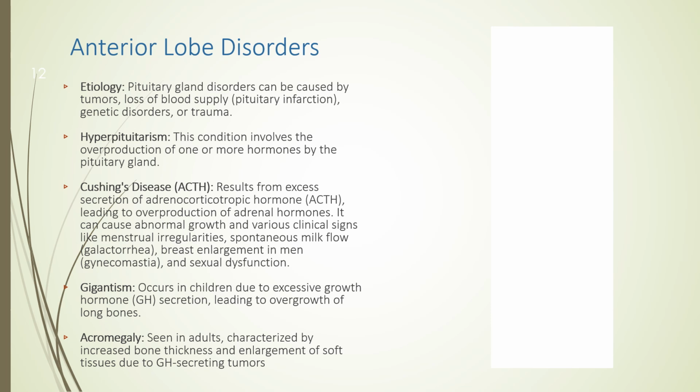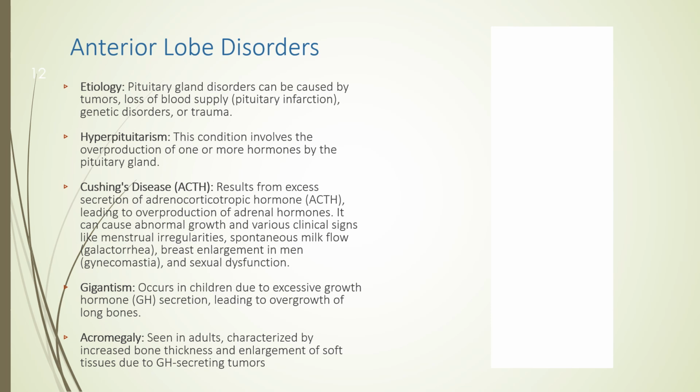Hyperpituitarism is when there's excessive hormone secretion, known as acromegaly in adults or giantism in children due to excessive growth hormone. Giantism is overgrowth of long bones in children, and acromegaly increases the bone thickness and soft tissue enlargement in adults, which is caused by growth hormone